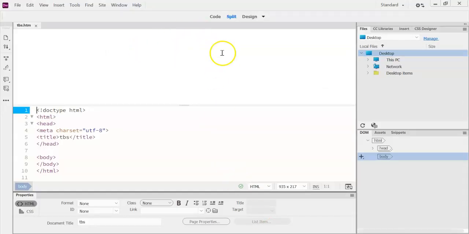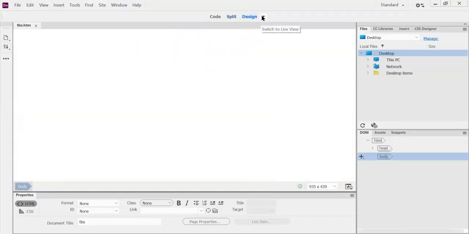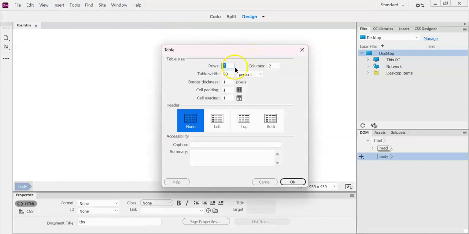So going back into this, I'm just going to make sure I'm in design view. I don't need to see the code at this stage. I'm going to insert, and I'm going to insert a table. And it's 5 rows, 2 columns, 90% of the window, and the border pixel 0. They've not asked for any cell padding or cell spacing, but they did want to see the borders, so I'm